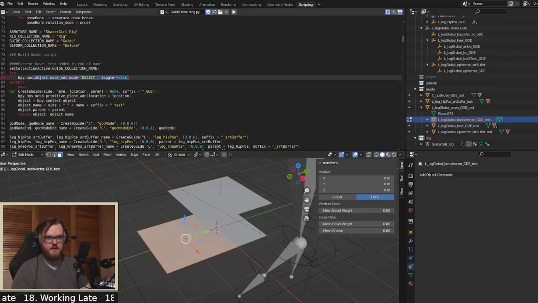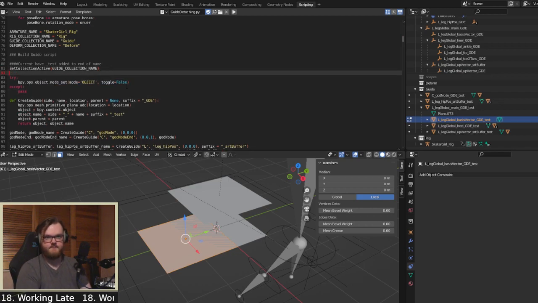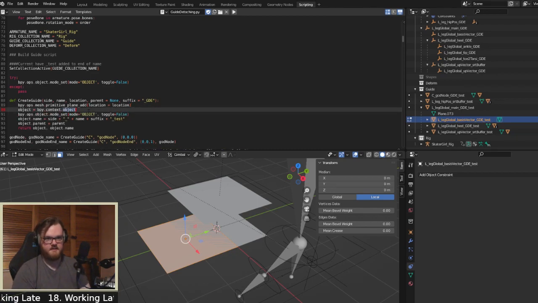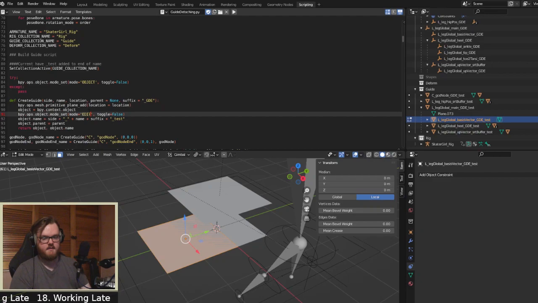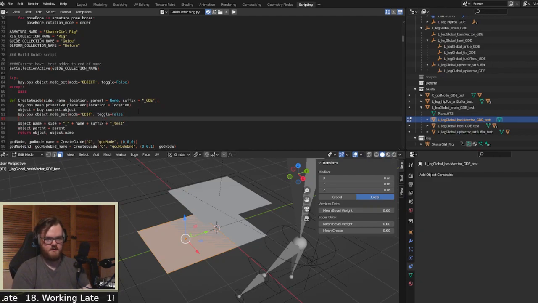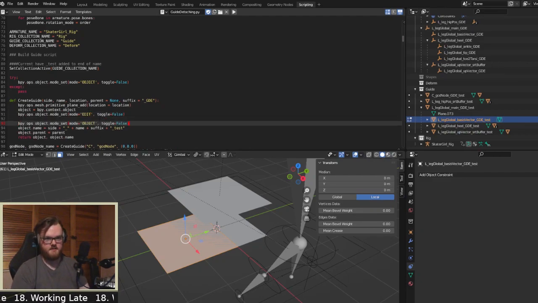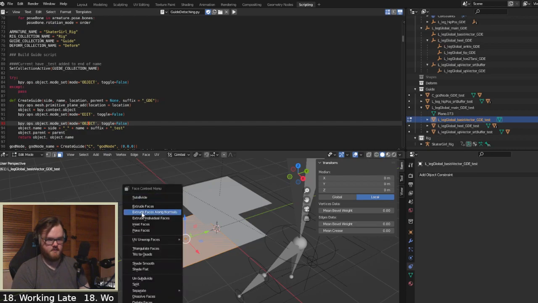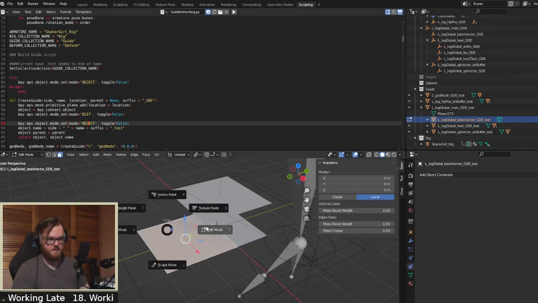So I wanted to do this. Create the thing, that's fine. Save the thing, and then set this to edit, and delete, and then send it back to object. So what I want to do is, in edit mode, I want to do